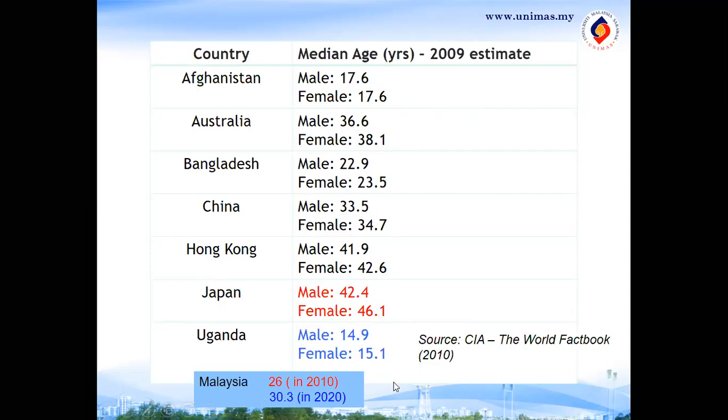I was trying to find figures for Malaysia, so I just came out with, I quote, the 2010 figure, which I could find, and also in 2020. Jadi kita kalau dibandingkan dengan negara Afghanistan, dibandingkan dengan Uganda, dengan Bangladesh, and many other less developed countries, we are doing better. In other words, our life,